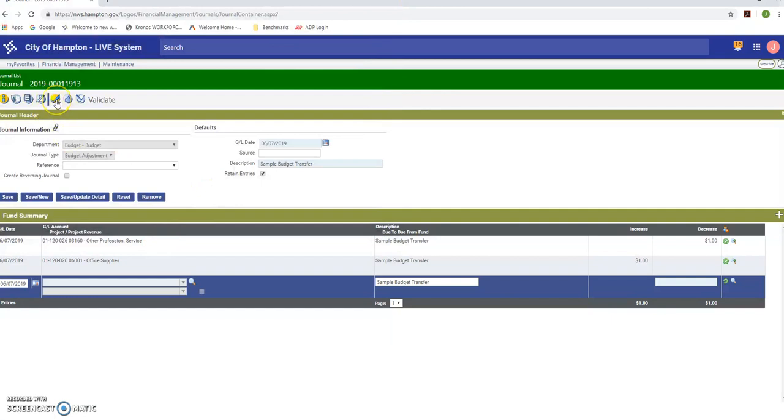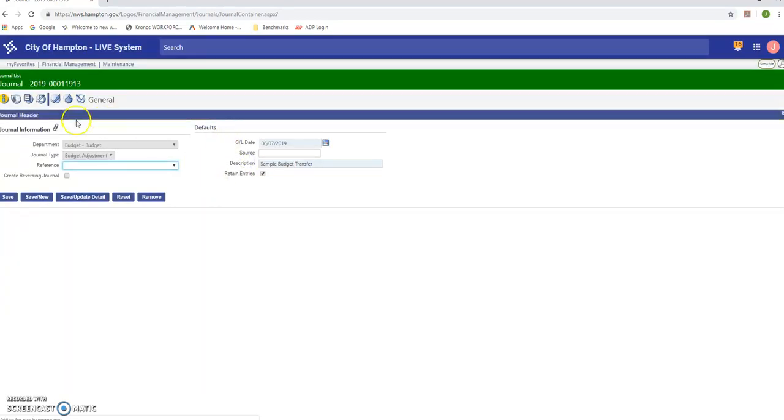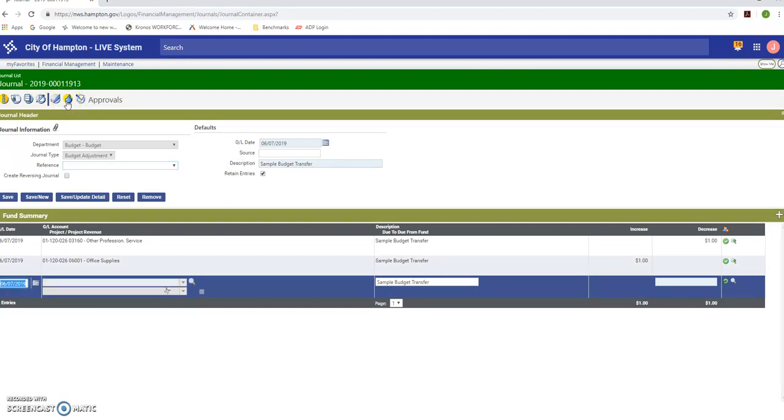You want to validate the transfer, and all this does is make sure that the journal is valid, essentially, that the accounts have funds, and that the transfer you're making equals 0 in the end. So you click OK. It's very important you validate, because you have to validate in order to be able to approve. So then you go to approvals,